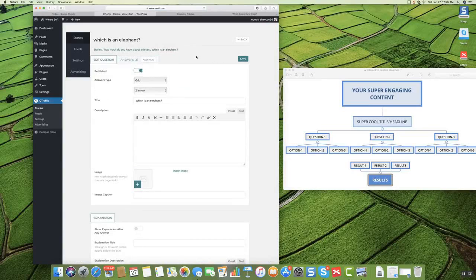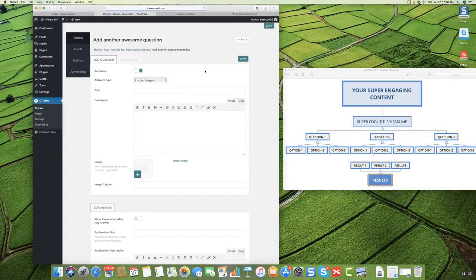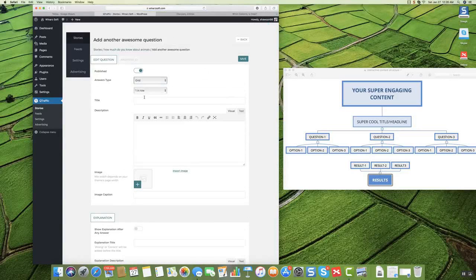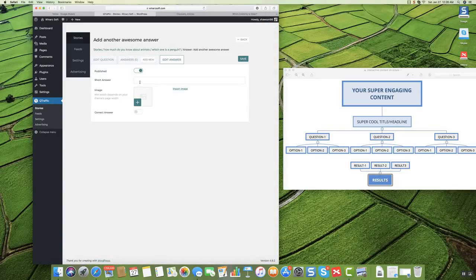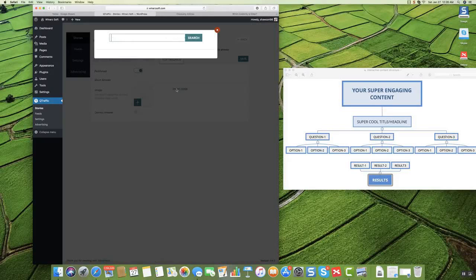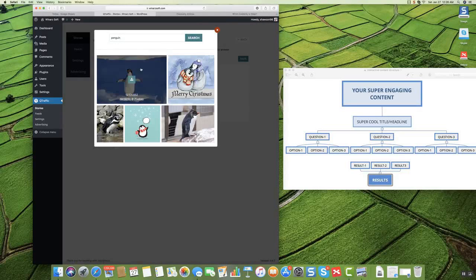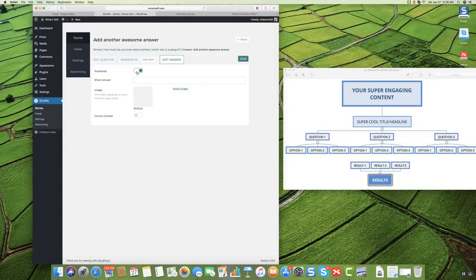We want to add edit question. We're going to add a new question, right? This question's answers are done, so we want to go back and add a new question. So add new question. So there will be a grid, of course, 2 in a row, and say which one is a penguin. And we don't want anything else, so just save it and add 2 answers. So all we want is to import a penguin. So this is a penguin, and of course this is the correct answer. Just save it,